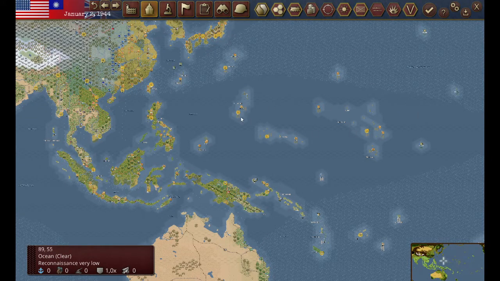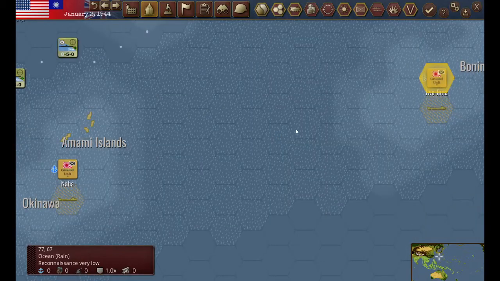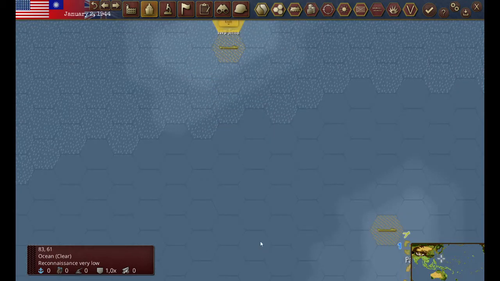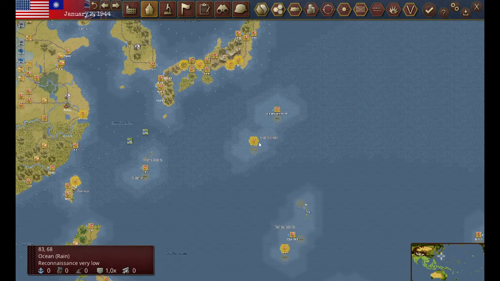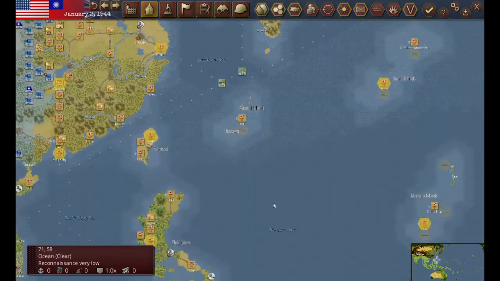and push for the Philippines, and of course Iwo Jima. Which in the end, and Okinawa was very important, so that you can bomb them if you want, and we need to bomb them for nuclear bombs, which ends the war, right? So anyway,